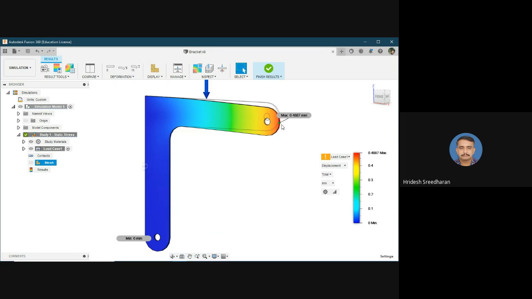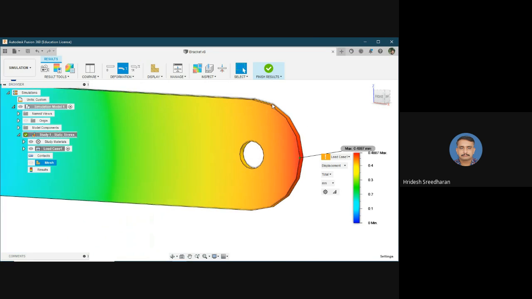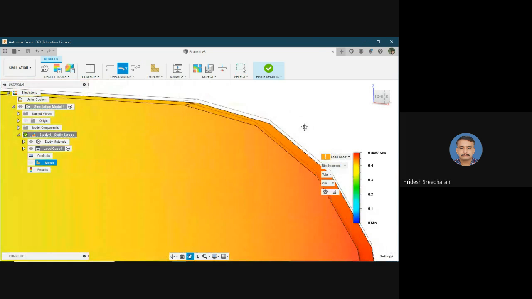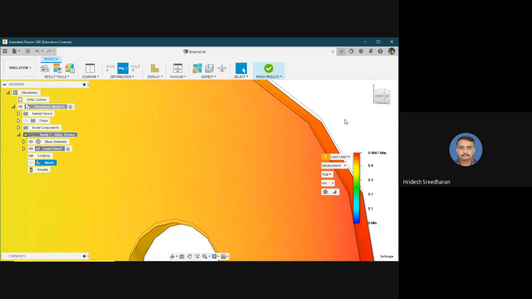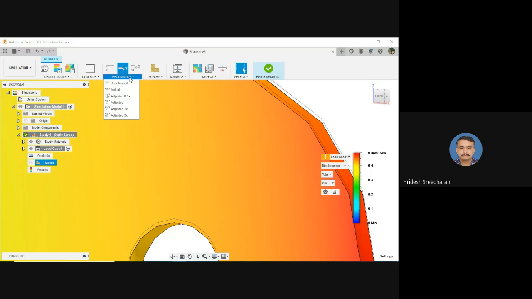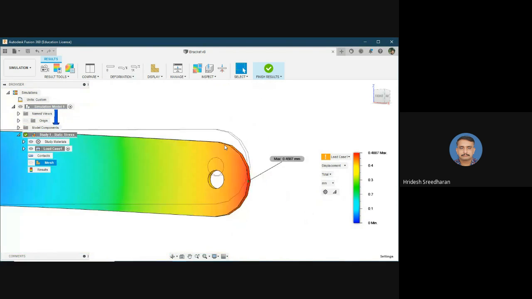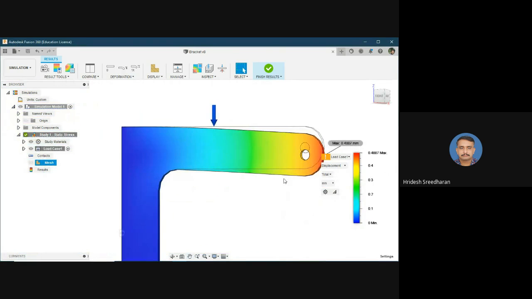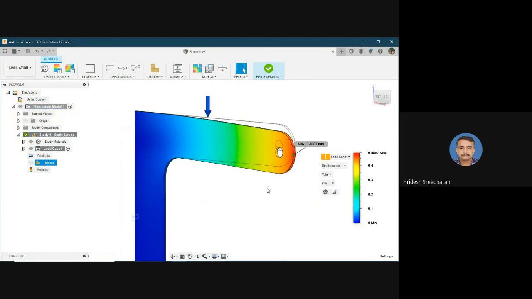So this is adjusted so that the difference is quite visible. If you are taking only actual, 0.4887 mm means very little, so you will need to zoom in to check the difference. See how much deflection is there. In order to view it, we are doing it on a scaled basis so that the deformation is much more visible.